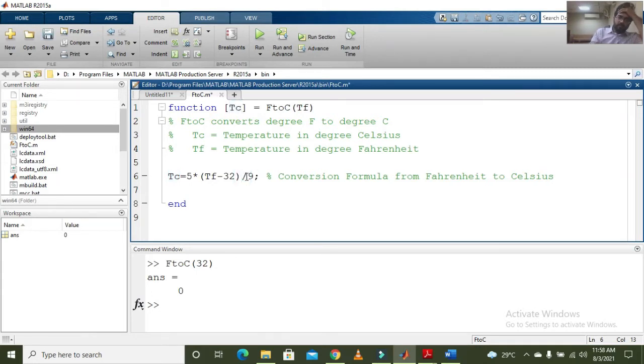If I do not enter this period operator, it will not perform it for an array, because I have given a relation only for a single value of Fahrenheit temperature. But if I put a period operator over here, it means that we are talking about an array as well. So even if you give an array in the Fahrenheit temperature, it will give you the result. It will calculate all the things. So that was the purpose of it.